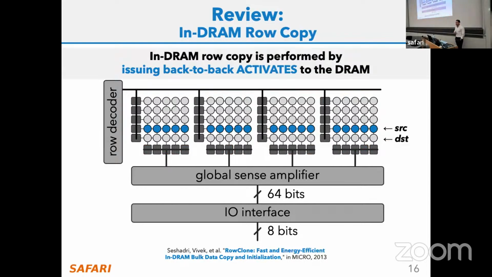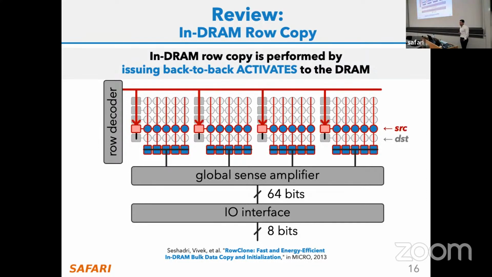So we also saw in the previous lectures that we can use these operating principles of DRAM, this activation command in particular, to perform some simple in-DRAM operations. So we start really simple with in-DRAM row copy operations. The goal here is to copy one source row to a destination row without involving the CPU die at all. And to do that, we presented this RowClone work, which proposed to issue back-to-back activations to the DRAM row to do this in-DRAM row copy operation.